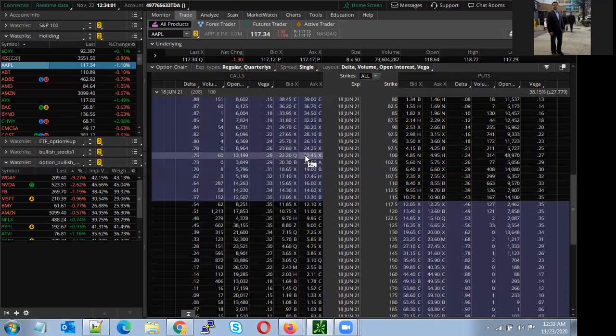Okay, so you start making more money. If you go at the money, you make only $54. If you go 150 or $120, right? So you start making less money. If you go out of the money and the stock goes up, you will make money, but you make less money. If you go out of the money, you pay less premium, but you make less money.